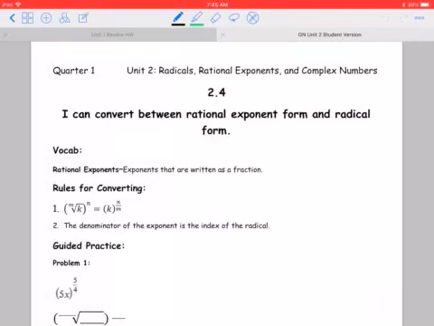Okay, today we're talking about rational exponents. We're going to do a lot of exponent rules. This first section, 2.4, is just going to be converting between the radicals we've been seeing into exponents and vice versa. So when you have a radical,